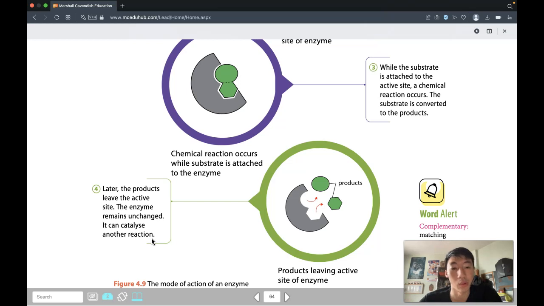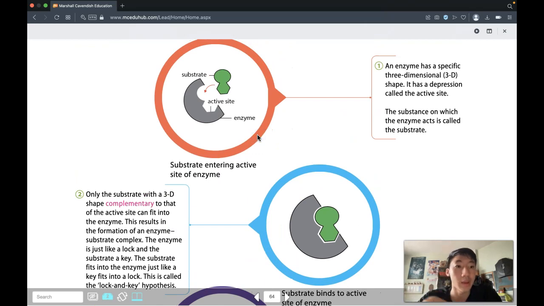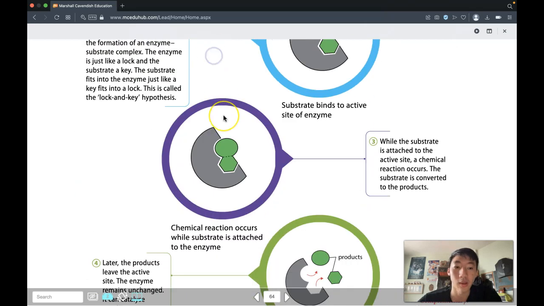Okay, so that's how I'll write my lock and key. So remember the formula. The formula is L and K first. Tell me the lock and the key. Then SAC. S stands for the specific shape, specific 3-dimensional shape, and the A stands for active site, and the C stands for complementary. Then the ESC stands for enzyme substrate complex, and the SPU, which is substrate, products, and